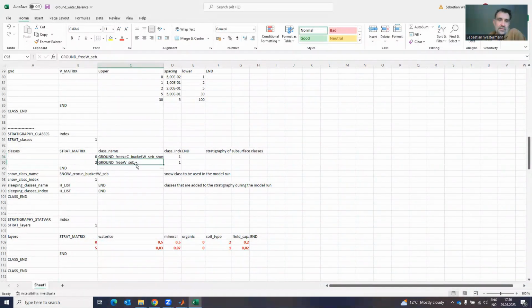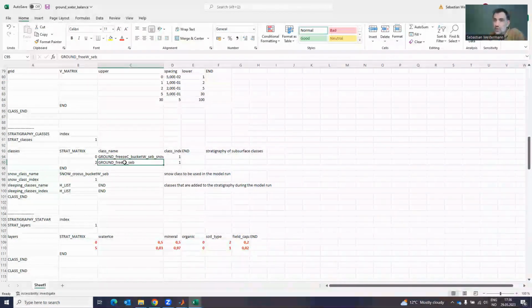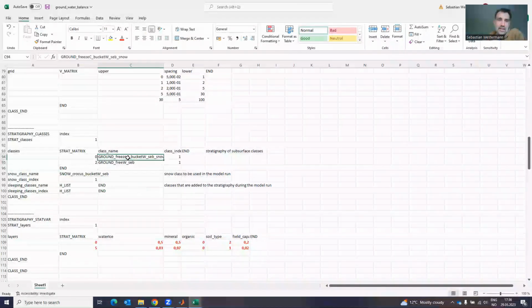And the other difference to this, it says here free W, free water. The soil water freezes as free water. Here in this case, there is actually a freeze curve. This is what this freeze C stands for, or a soil freezing characteristics, which can represent, for example, the unfrozen water content